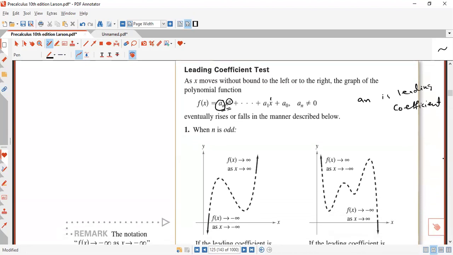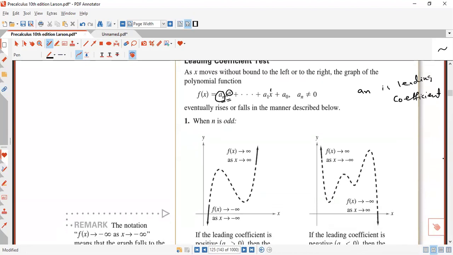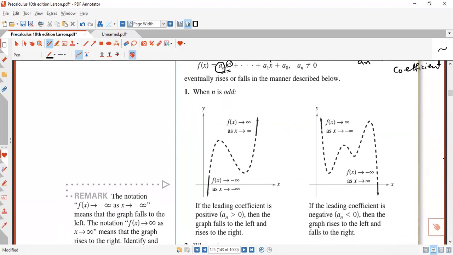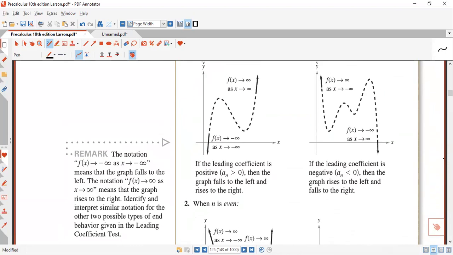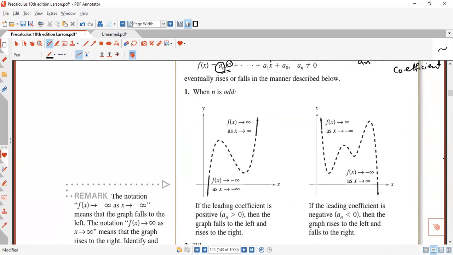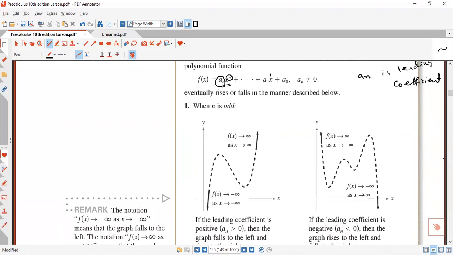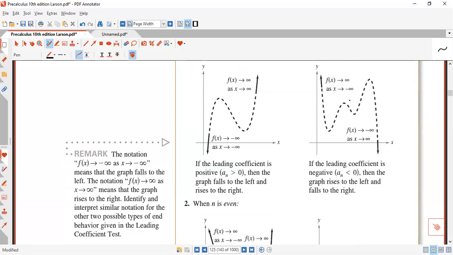So if a_n is the leading coefficient, then according to the leading coefficient, you may easily understand the behavior of the graph. Along with the leading coefficient, you have to see whether n is odd or even. So we have in fact four possibilities. If n is odd, the leading coefficient is either positive or negative. Clear? And if n is even,